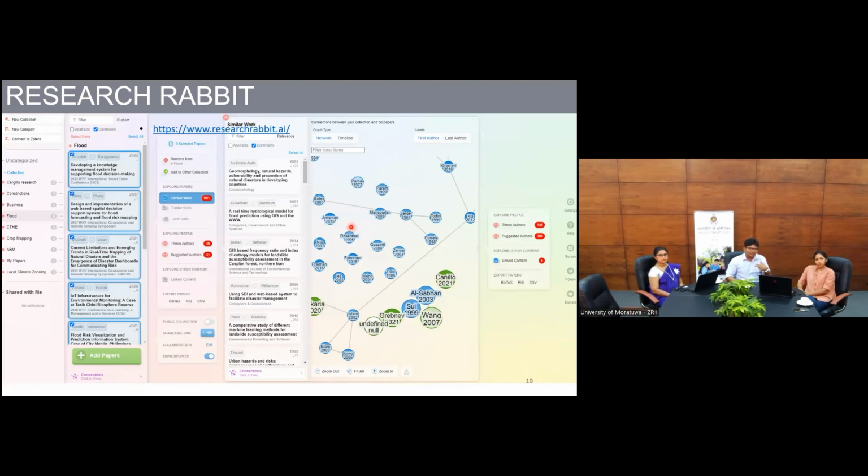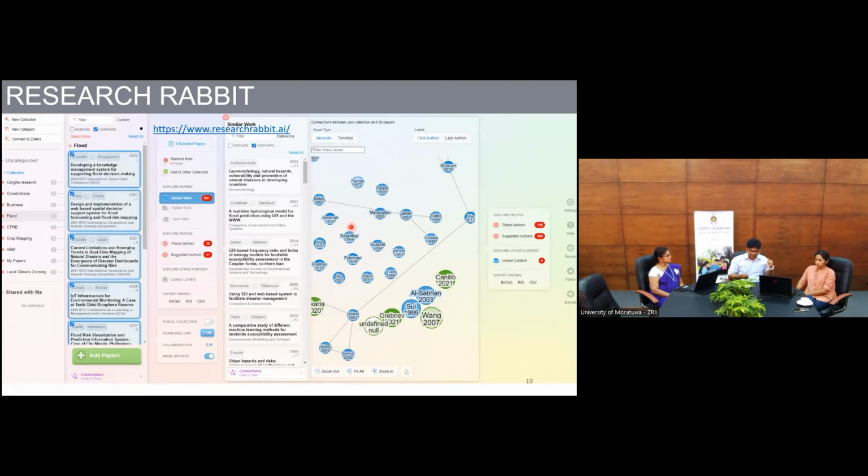Now, these two online tools that I have discussed belong to the class called visual analytics, where you can use online tools to read papers without reading papers. Okay. So that gives a very good idea of how research is dispersed in a particular domain and where you should be linking your research and identifying papers.